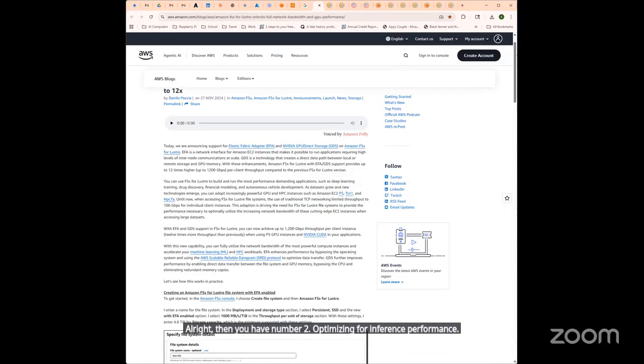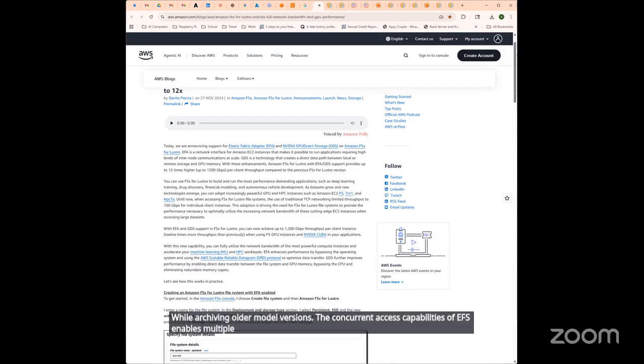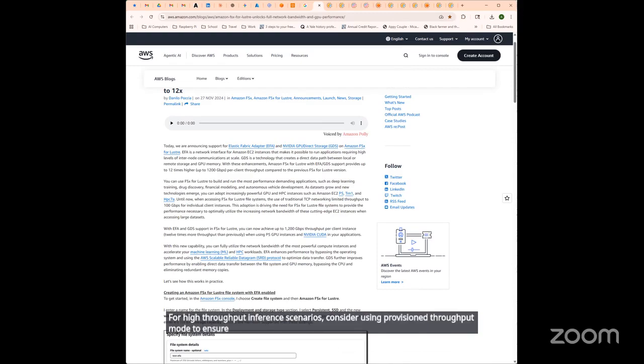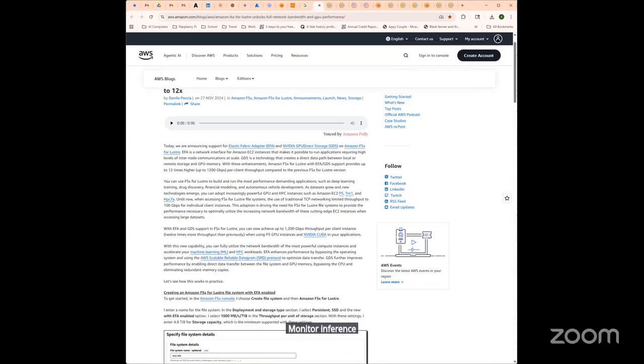So model inference services typically require low latency access to model artifacts and may benefit from keeping frequently accessed models in standard storage while archiving older model versions. The concurrent access capabilities of EFS enable multiple inference instances to share the same model artifacts without duplication, reducing storage costs and deployment complexity. For high throughput inference scenarios, consider using provisioned throughput mode to ensure consistent performance levels regardless of file system size. Monitor inference latency metrics to ensure the storage performance isn't becoming a bottleneck in your machine